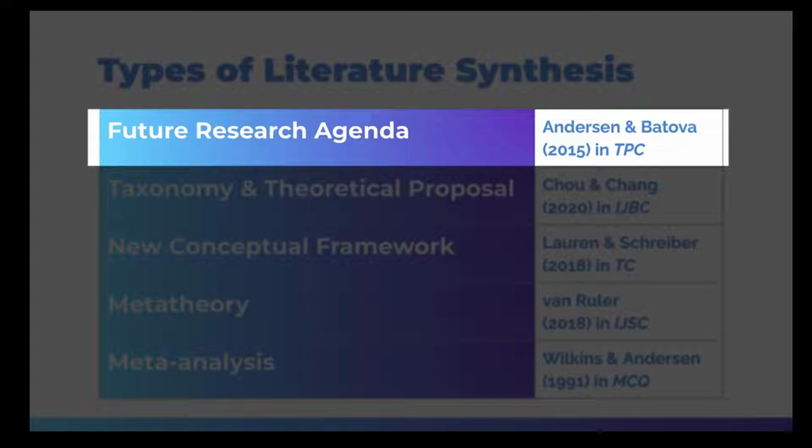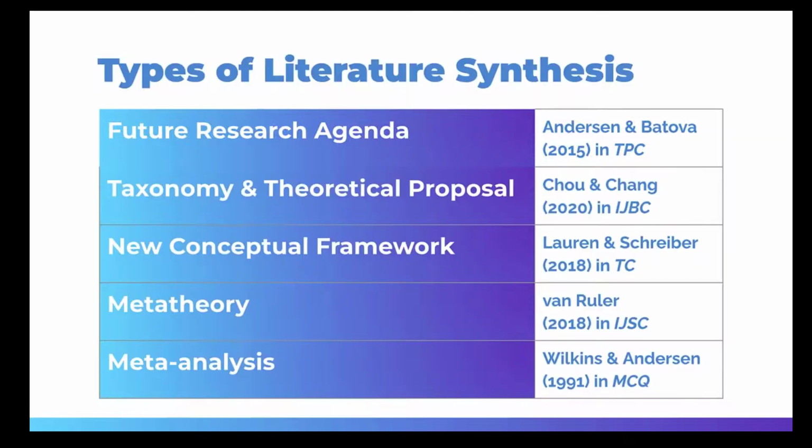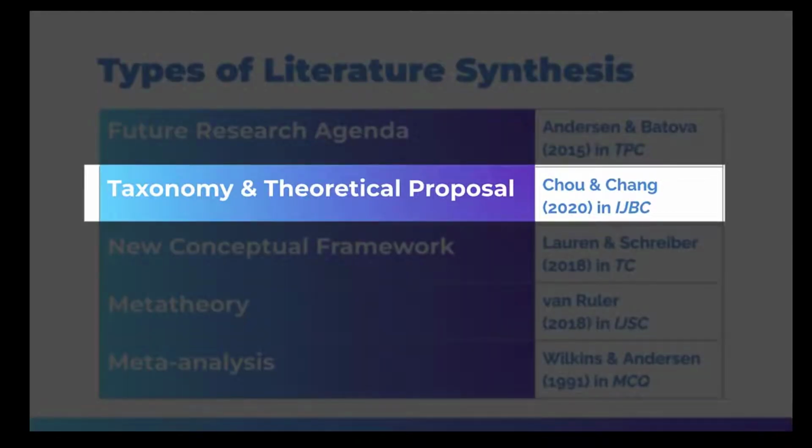That was written by Andersen and Batova. The second type, taxonomy and theoretical proposal, represents a novel classification of previous research laying the foundation for new theory. This one's represented by a 2020 article in IJBC titled Employee Silence and Silence Antecedents, a theoretical classification that was